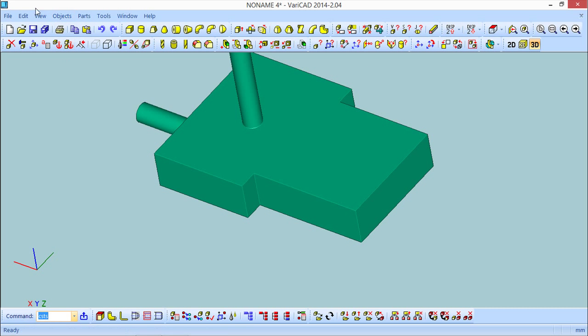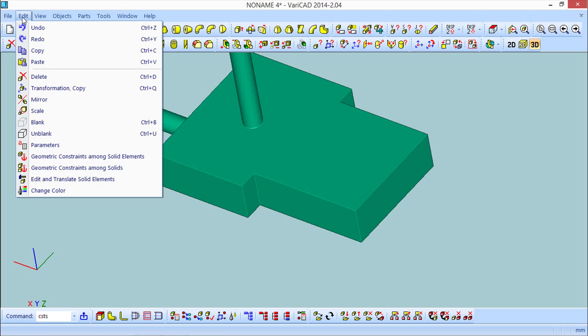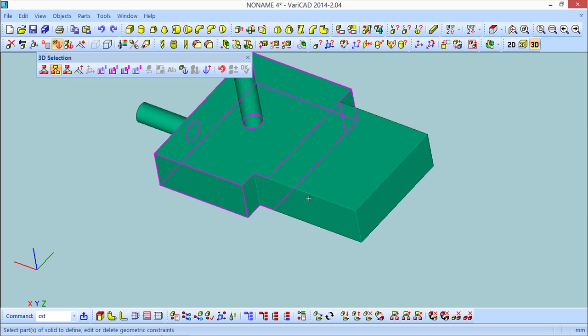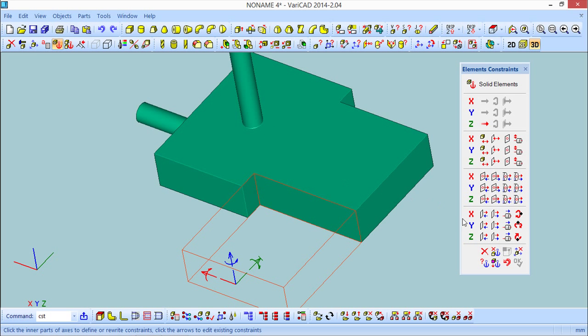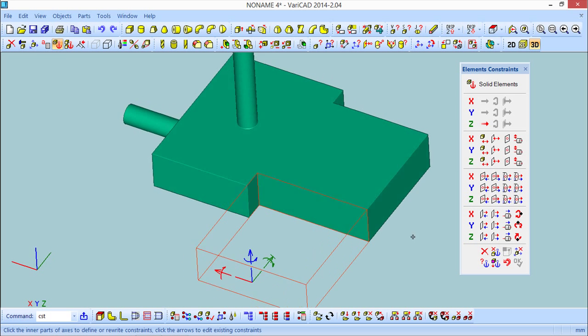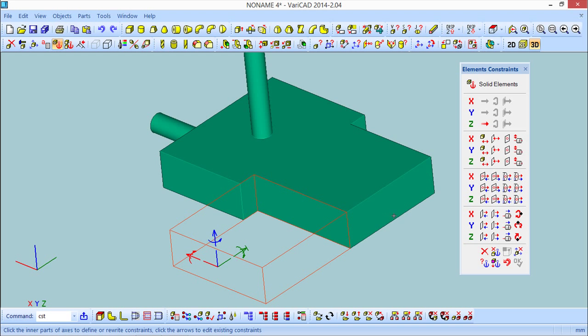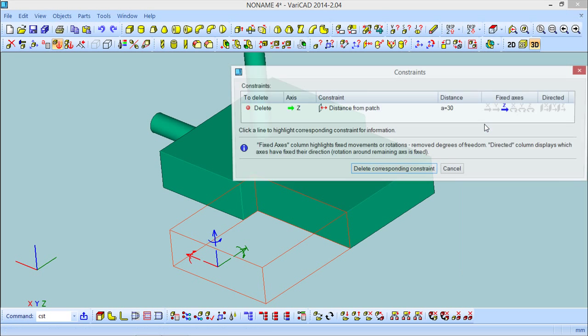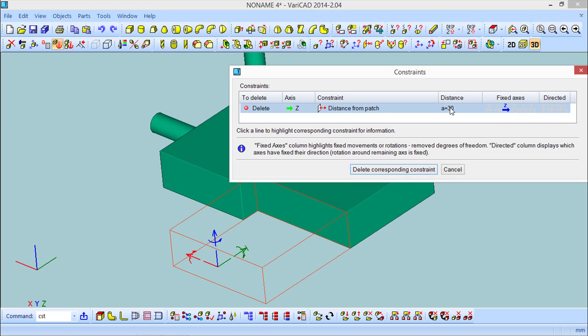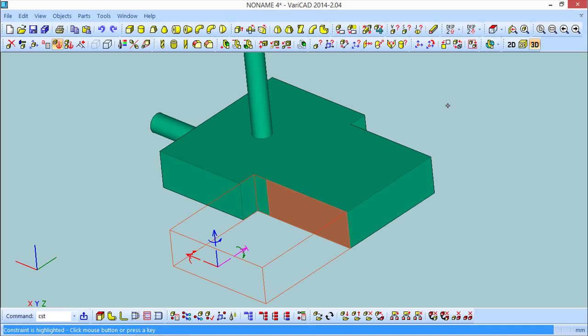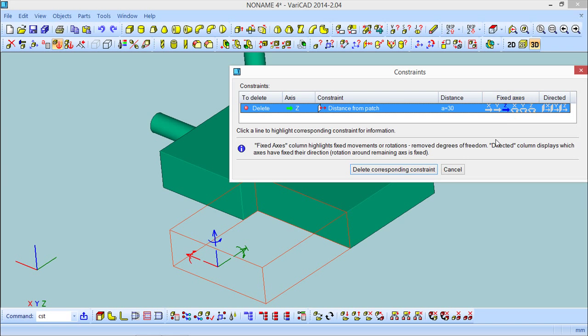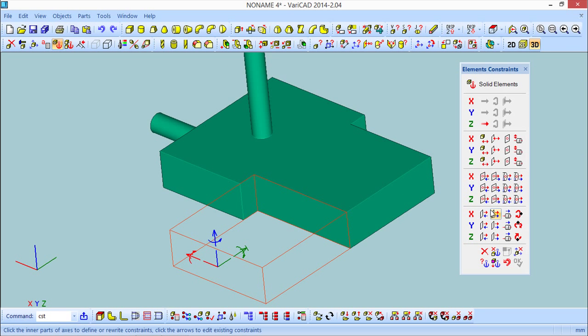This one has no tree of events, so this is from the solid itself. Okay, this one here. If I edit this guy here, you see this is defined as the A30. It is identified. I can delete it, but I can say